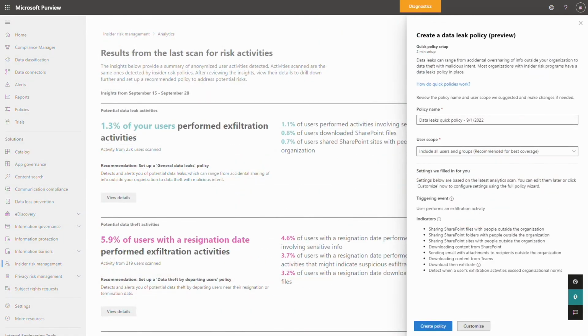And now we make it even easier for you to start up with a policy with our new quick policies. With just one click from the analytics assessment result, you can create a policy using the defaults in the system. You can choose which users you want to put within scope, whether it's everyone in your organization or a specific set of users that you want to include in the policy. We also still have the advanced policy wizard, which you can use to leverage more advanced customization features like priority content definitions, triggers, thresholds, and more.